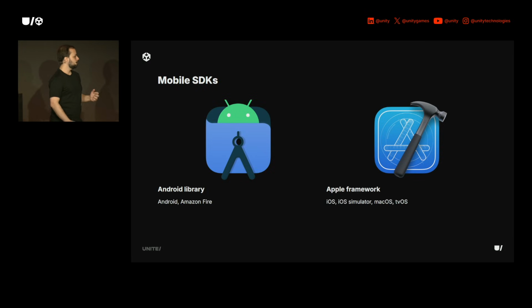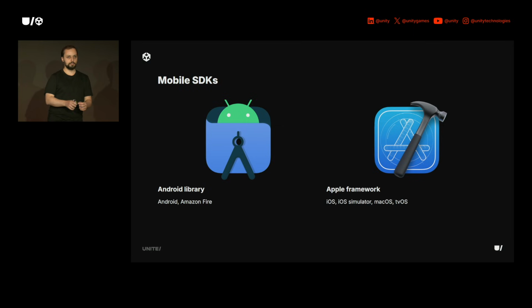So first, the SDKs, they are quite simple. They basically are a very simple app project, and we usually use Android Studio and Xcode to develop them. And one thing that is nice about these two environments from the mobile SDK development is that you are not only developing for one specific platform,